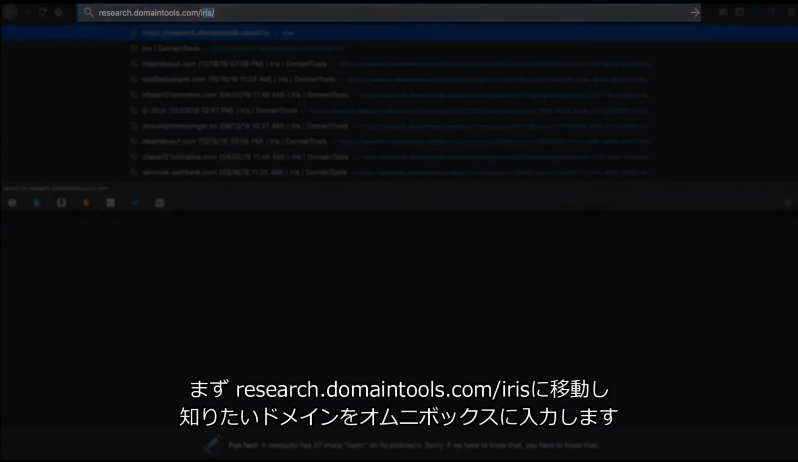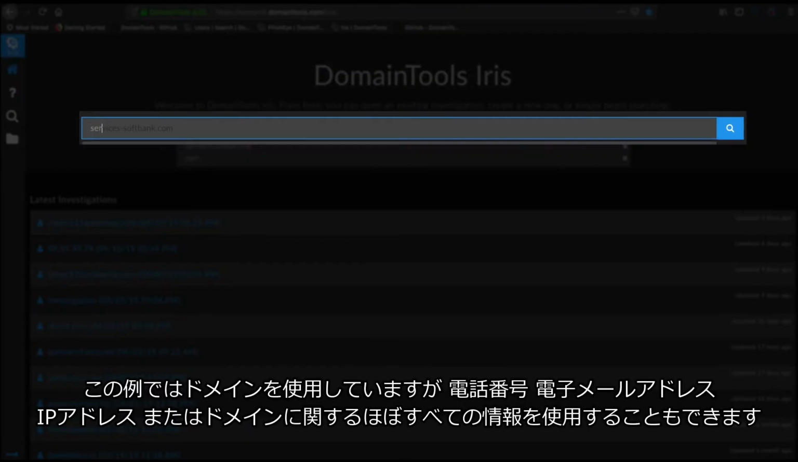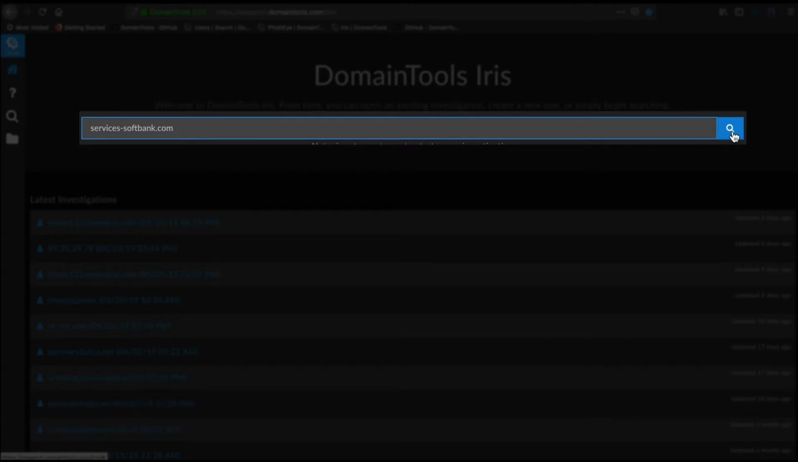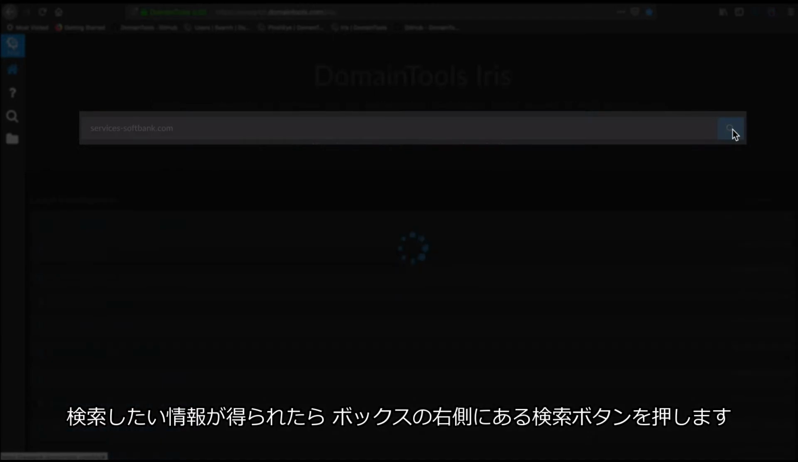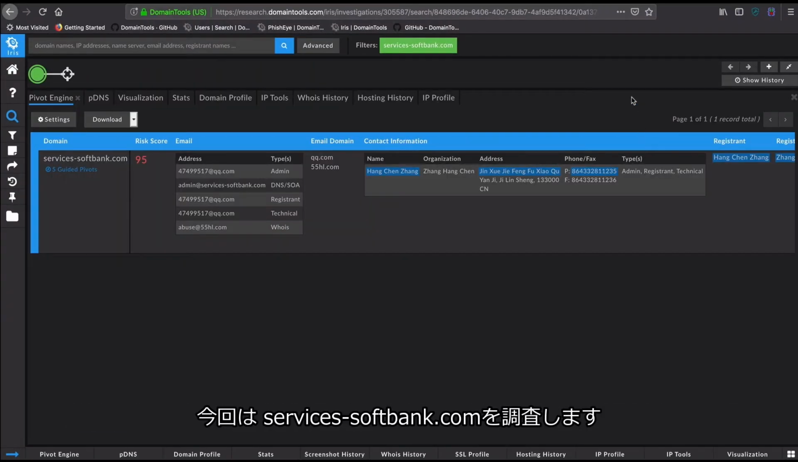research.domaintools.com/iris and put the domain we want to know about into our Omnibox. While I'm using a domain for this example, we can also use a phone number, an email address, an IP address, or just about any bit of information about a domain. Once I have the information I want to search on, I hit the search button to the right of the box. Today we're going to investigate